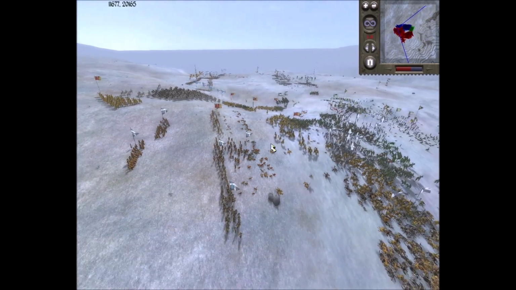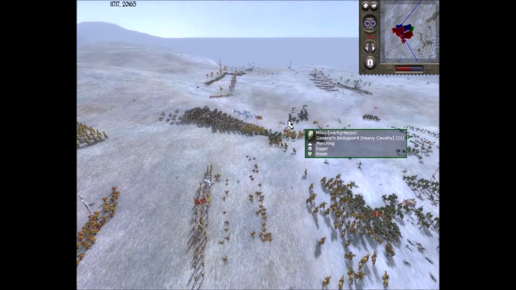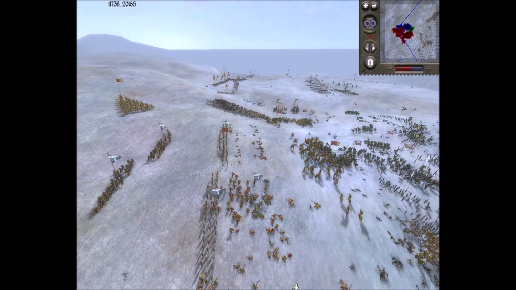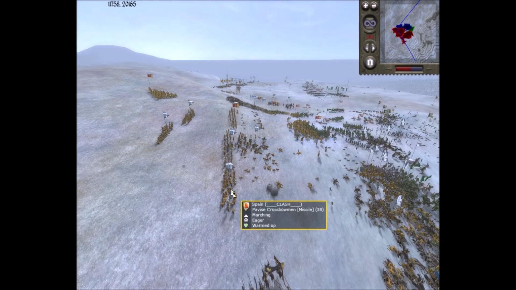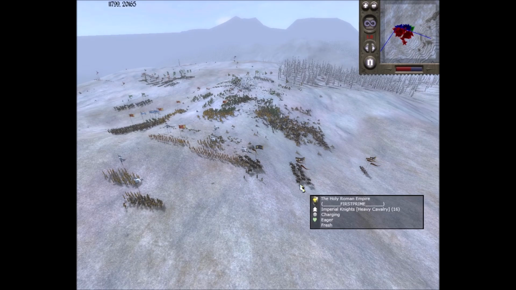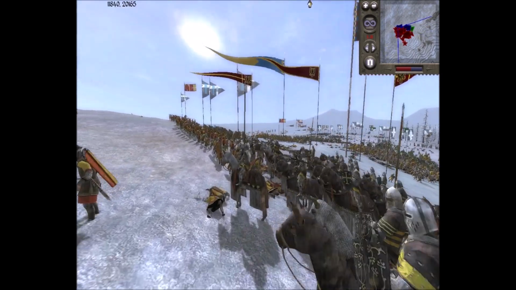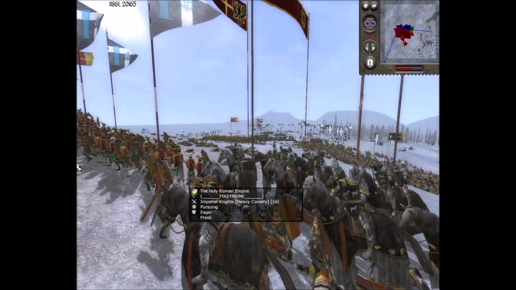Right, you can see my cavalry charging downhill into one of the enemy units, and bang, it smashes in there. But as I say, here you can see the disadvantage that the enemy team have fighting up here. Right, you can see First Prime bringing in some battle damaged cavalry, attacking one of Clash's Pavise